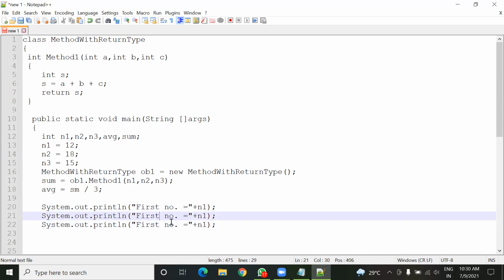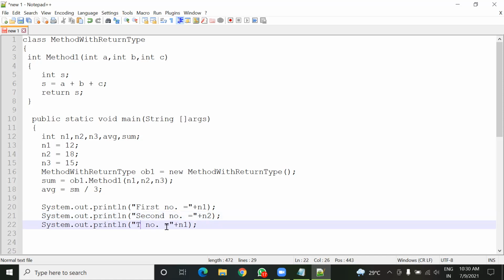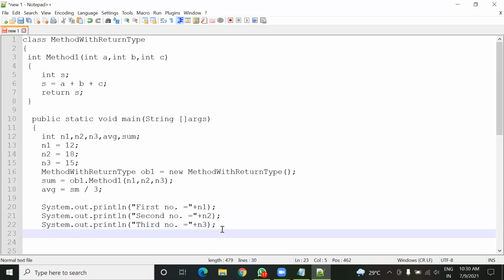Now the second number is stored inside n2 variable, and then here comes the third number, and it is stored inside n3 variable. Now I can display the average.